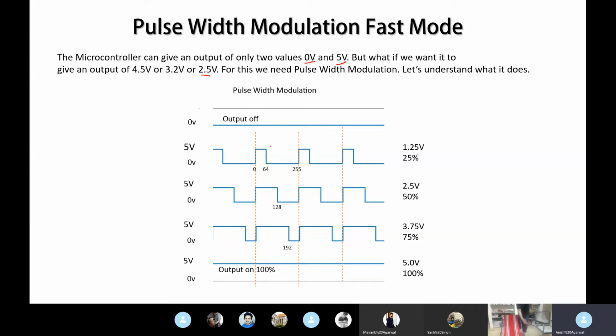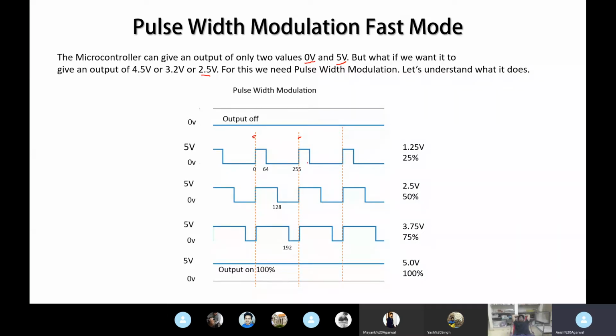See, between these two red lines, this is one cycle. All right, this is one cycle. So I tell the microcontroller that you stay high for a period of 0 to 64 bits. As I told you, the microcontroller in one cycle can count from 0 to 255 in 8-bit fast PWM mode. So I'm telling the microcontroller that when you count from 0 to 64, you keep the voltage as 5 volt. And as soon as you reach the count of 64, you make the voltage 0 volt. Okay. So in this particular cycle,